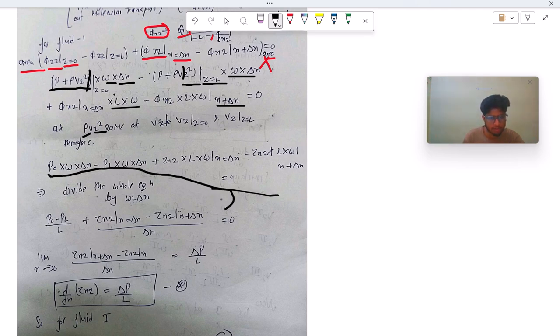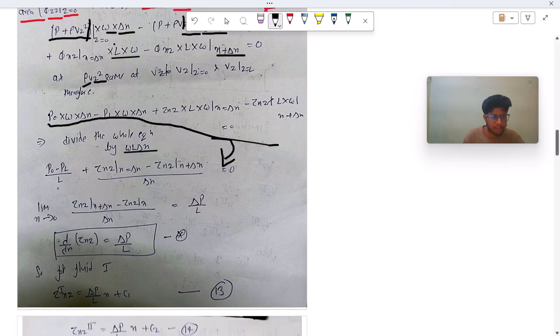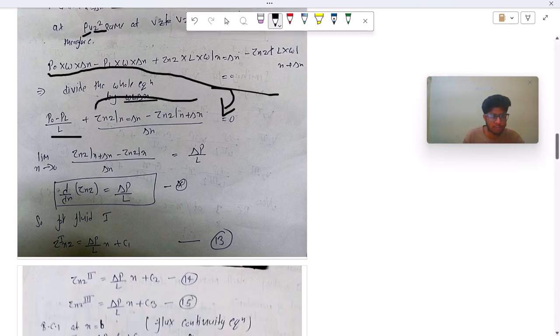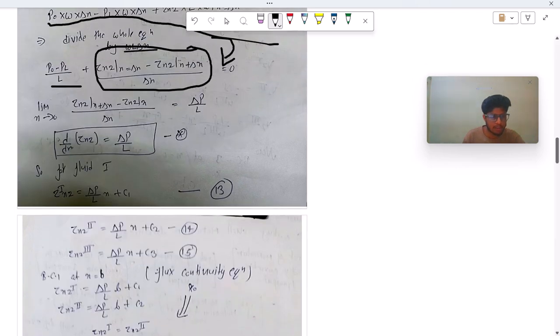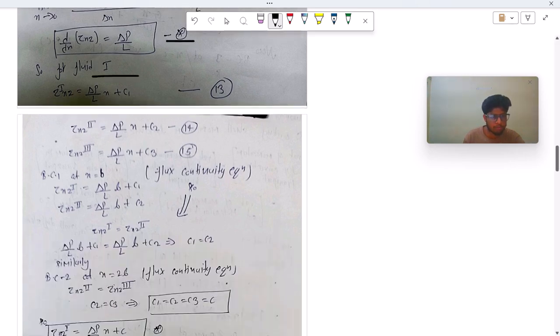Further reducing this equation by dividing by w into delta L into delta x, we get (p0 minus pL) upon L plus (tau xz at x equal to x minus tau xz at x plus delta x) upon delta x equal to 0. So this is nothing but the differential derivative of tau xz. So we write d by dx of tau xz equal to delta p by L, this thing. So for fluid 1,